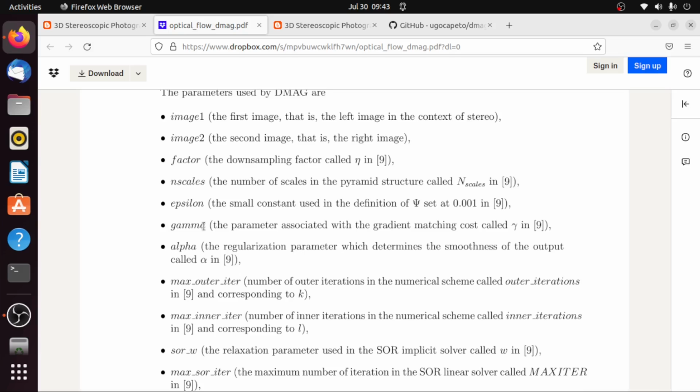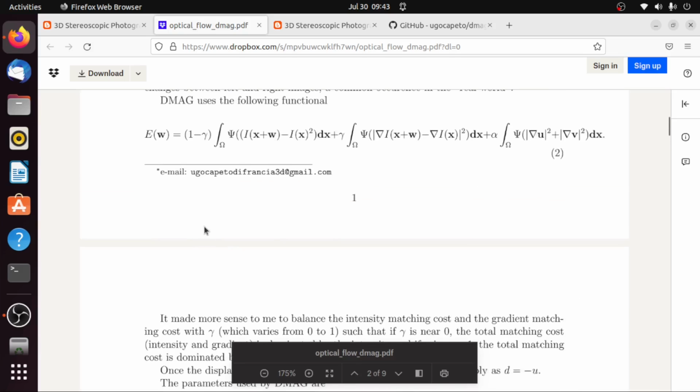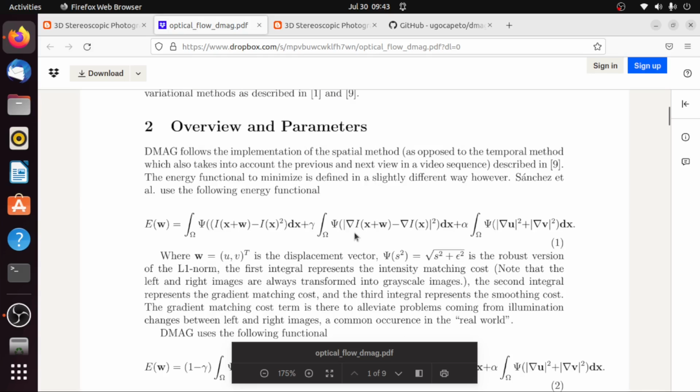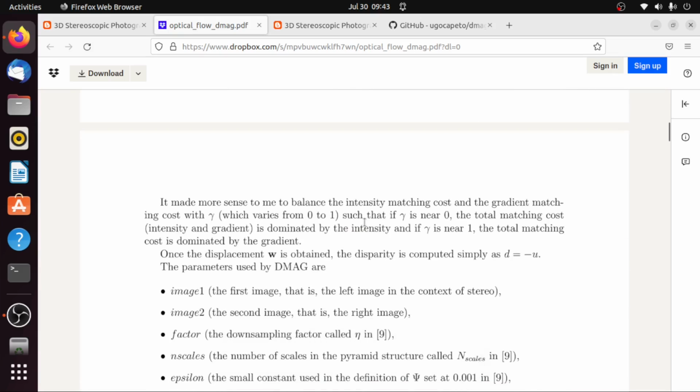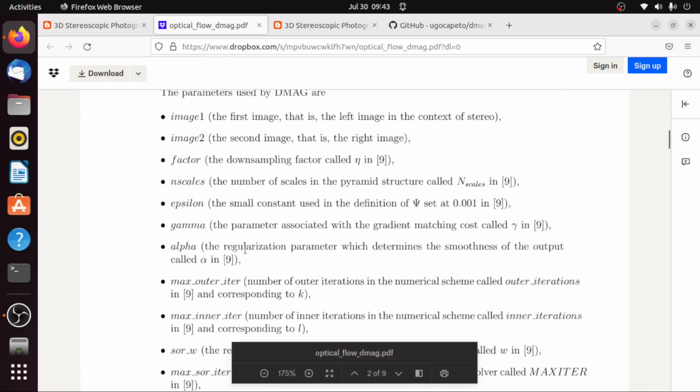Okay, so if you go back, this term, which is part of the data term, here you have the intensity matching, and this is the gradient matching. So this is the cost related to the gradient matching cost, it's called. Usually you put gamma at 0.9, that's a good value. And alpha,